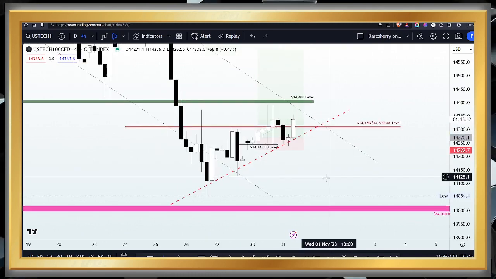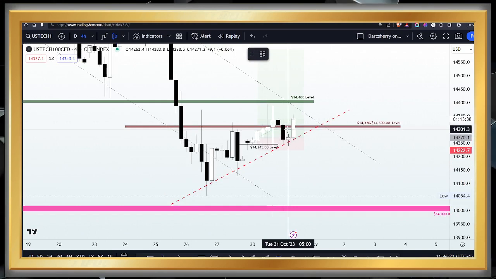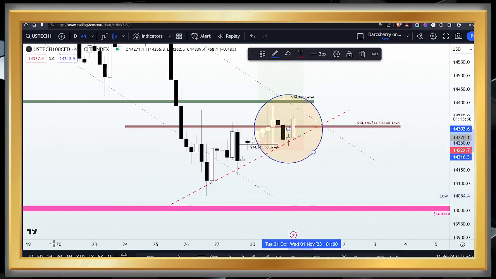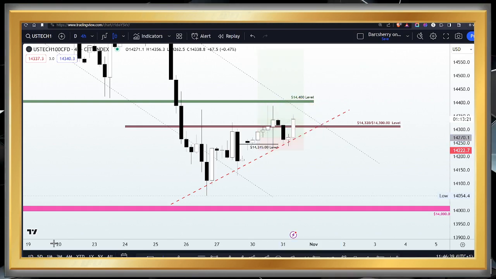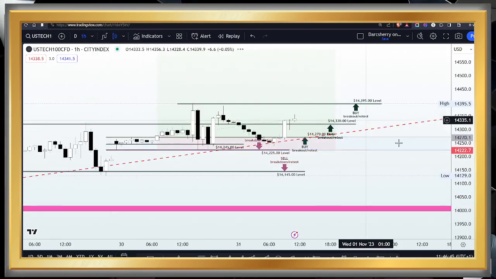Now, with the information we have here, it is quite clear that we are at a crucial juncture where price action has been oscillating around that neckline in the last 24 hours. So what we want to do now is to see how market participants have been reacting to that area on a much lower time frame, and let's see if we can have a pattern we can use to guide our decisions for today. Now, scaling further down to the 1 hour time frame, things get a little bit